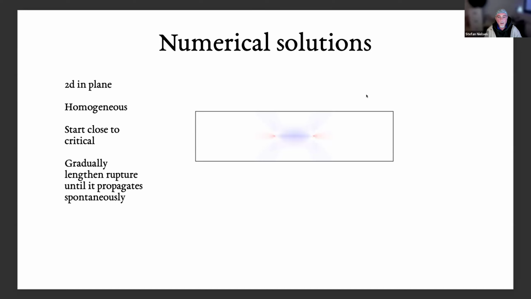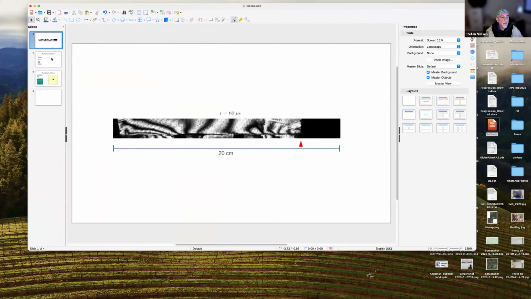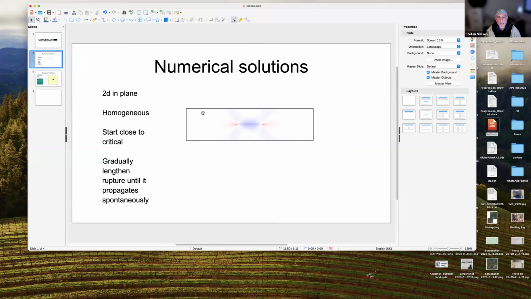So let's go to the movies again now and see. The second movie is a 2D simulation that I did, very simple, basic finite difference of dynamic rupture. It was a bit challenging to get very close to the instability because I'm looking at the acceleration of rupture in the initial instance. So if I overload the rupture, it's going to accelerate too fast. If I underload it, it's going to stop there and not propagate.